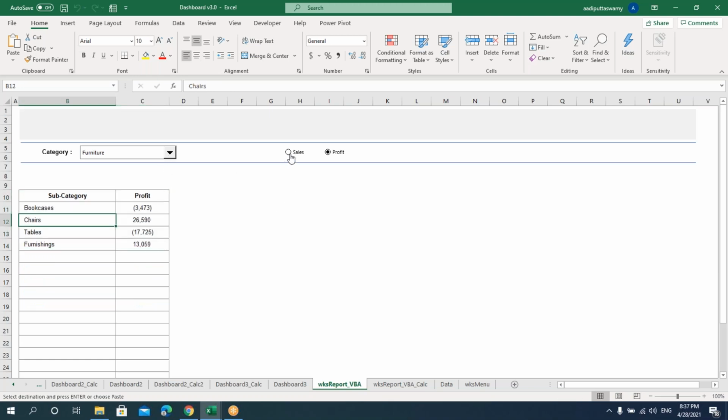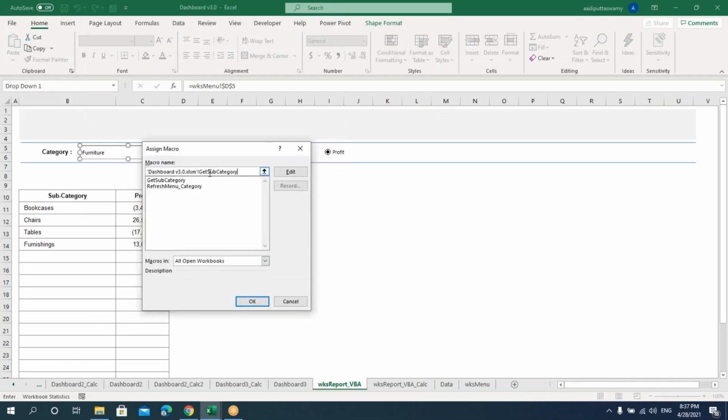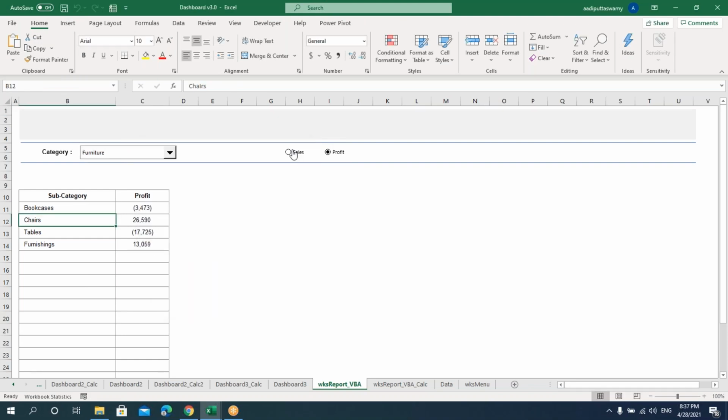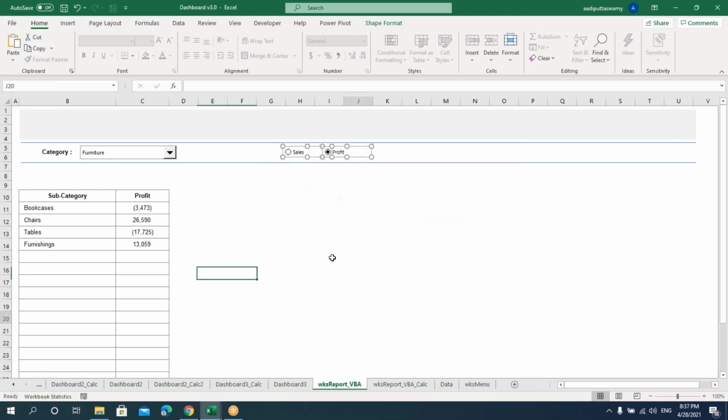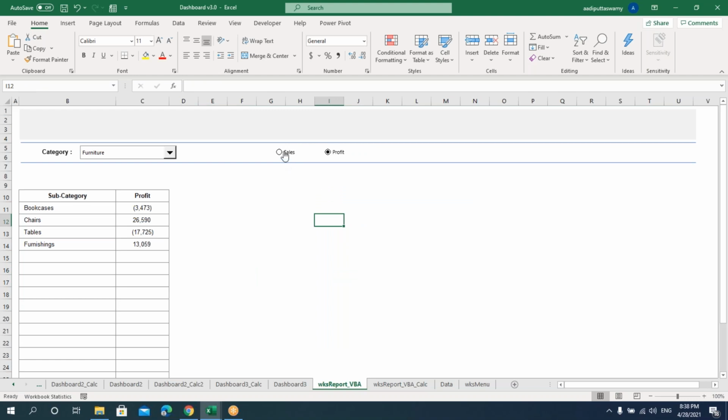Now we'll assign the same macro for these two as well. Right click, assign macro. So you can actually write a separate macro also if you want, or you can assign the same macro if you think that every time I don't want to refresh it. So you can go here and you can give a separate code for this. Otherwise you can use the same code here. Usually what we do is we'll write a separate code here. Just to show for you guys, I just took this code only. Otherwise we can have a separate code for sales and profit so that we don't have to wait for so much of time for refreshing the entire data. Now right, so this is done.